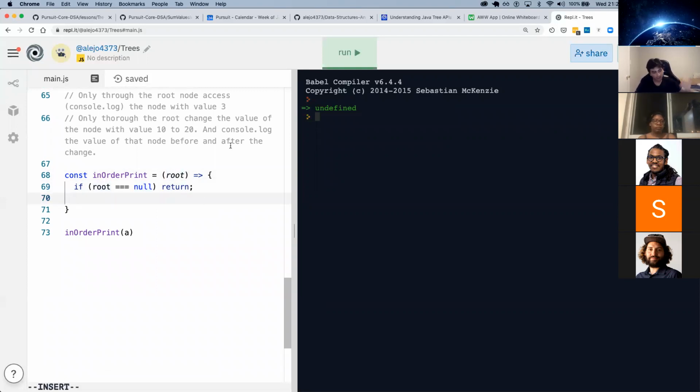Now this is where there's a concept for it, but I don't remember. I'm not sure if it's a cognitive leap, but it's something else. Basically, these algorithms, in-order, pre-order, and post-order, you can memorize, and that'll be fine.